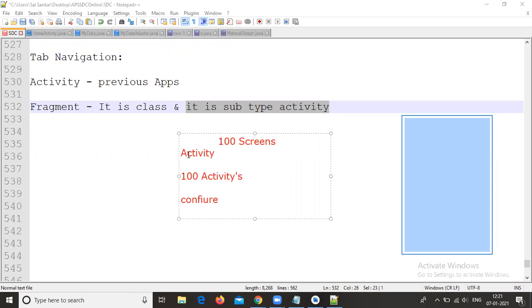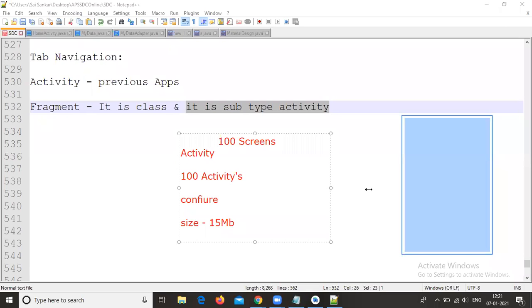Let us assume your app size will be 15 MB. So to work with these 100 screens using activities, we create 100 activities, configure them in the manifest file, and the app size is 15 MB.